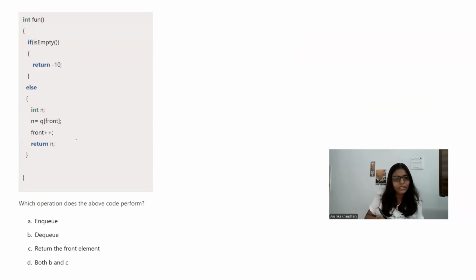So there is a function. All right. Now, which operation does the above code perform? NQ, DQ, return the front element, or both B and C. So in the function, it is checking whether the queue is empty, in which case you have to return minus 10. Else, int n, n equals q of front. So from here, it is